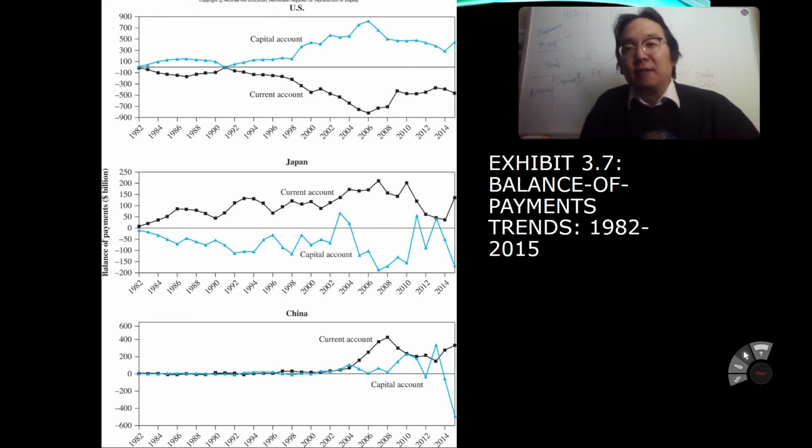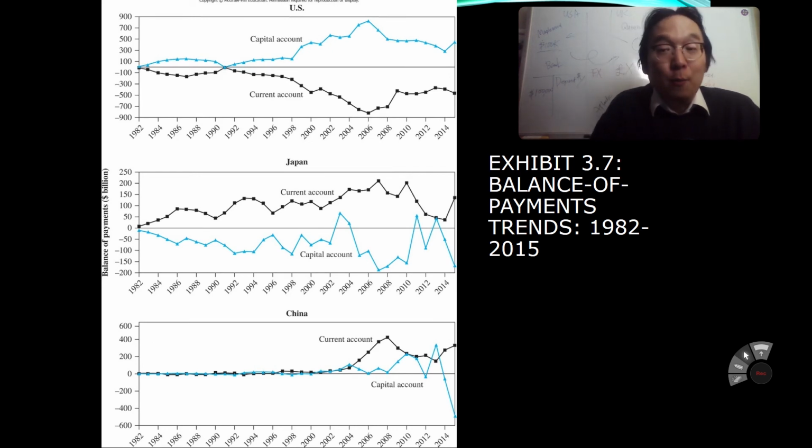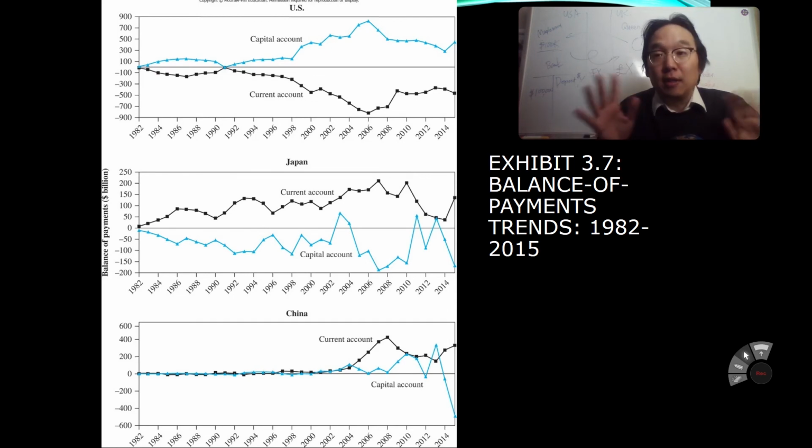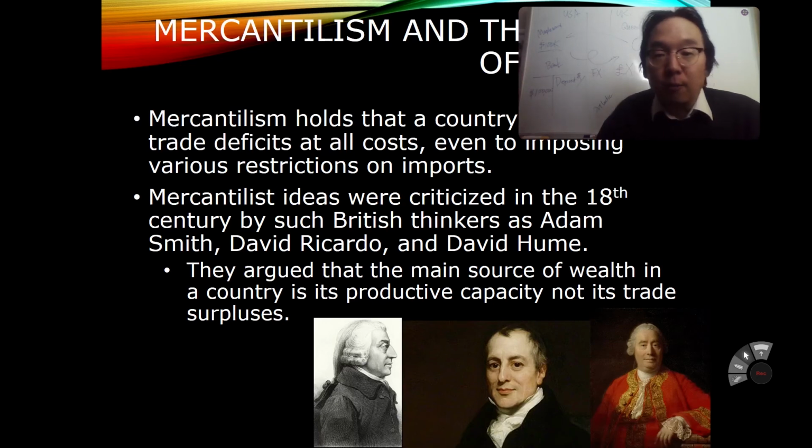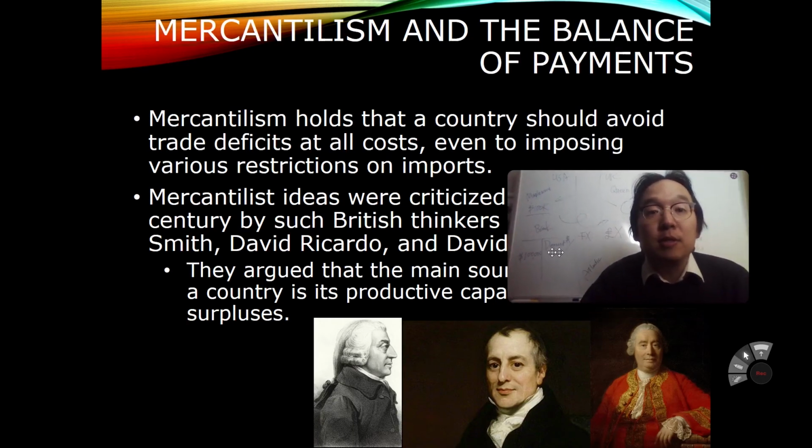But we don't know. When it comes to national interest, how much China will become more hostile and willing to suffer all kinds of negative consequences, we don't know. We hope that doesn't happen for either country. Anyway, so that's what we see. Mercantilism and the balance of payments are shown over here.